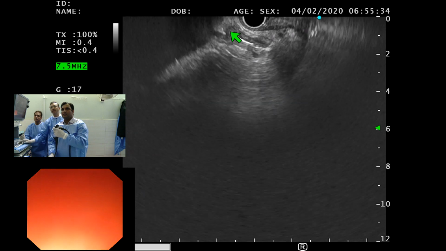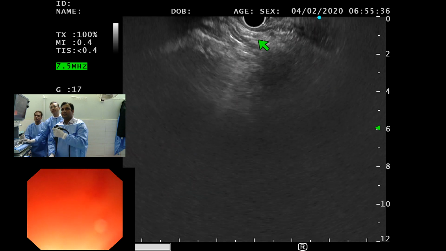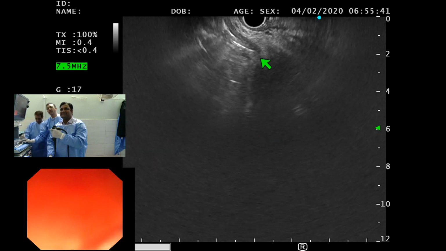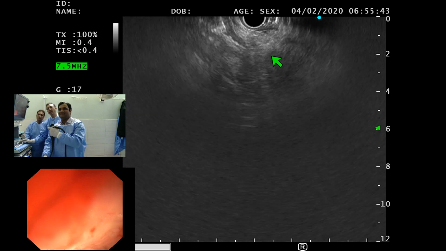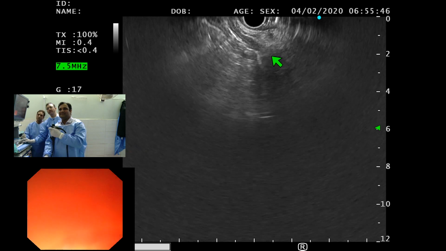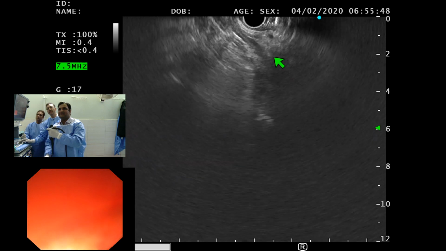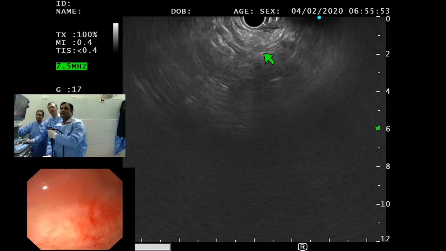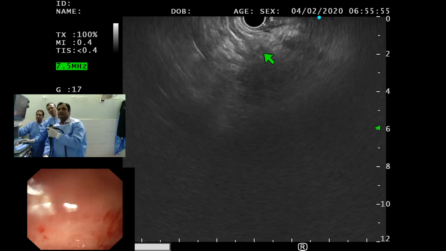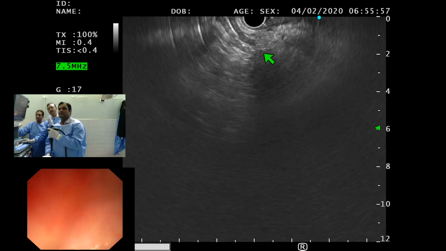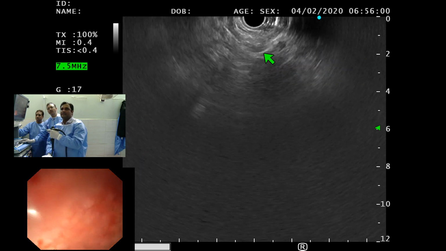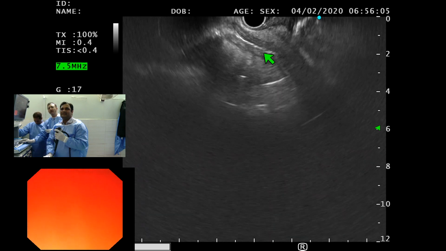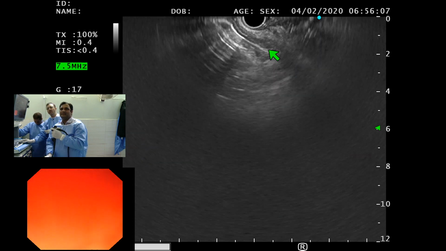This is the common bile duct. You can see the linear lines inside the CBD. Just follow it down to the head region. Go clockwise. Go slow, with a slight subtle turn, and keep the suction on. Big wheel up, big wheel away from you. Try to follow it.